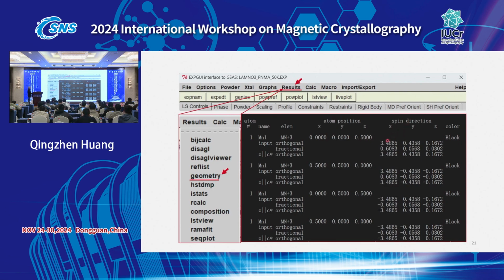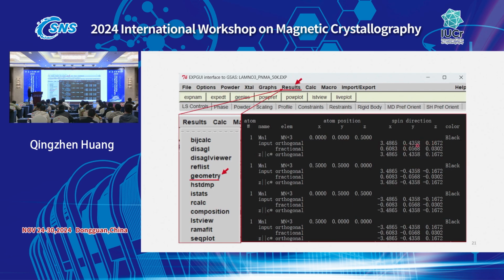In this unit cell, you have 4 magnetic atoms: 0 0 half, 0 half half, half 0 0, and so on. If you input the three components mx, my, mz,